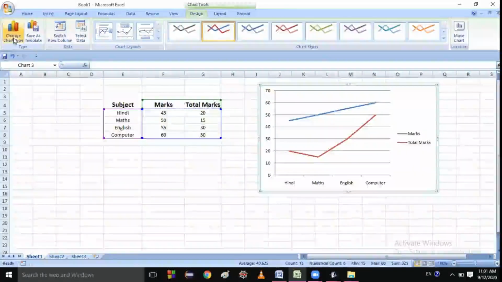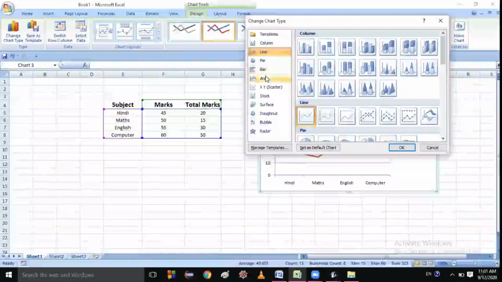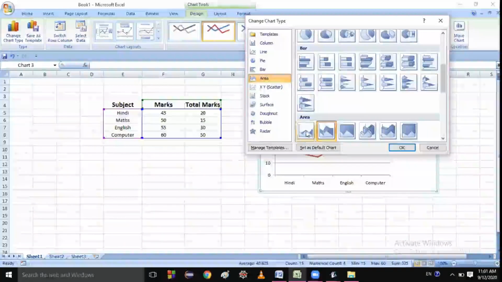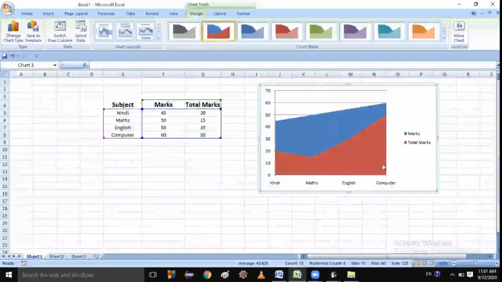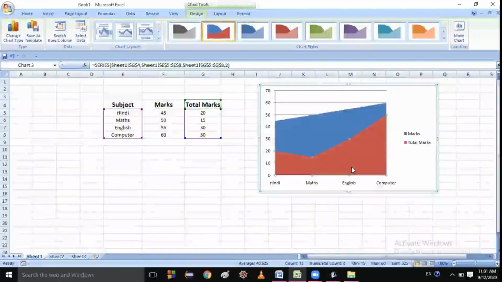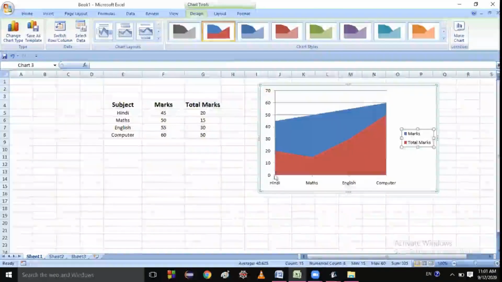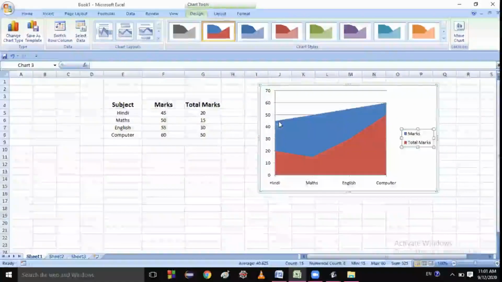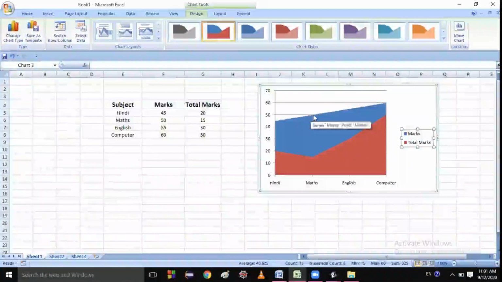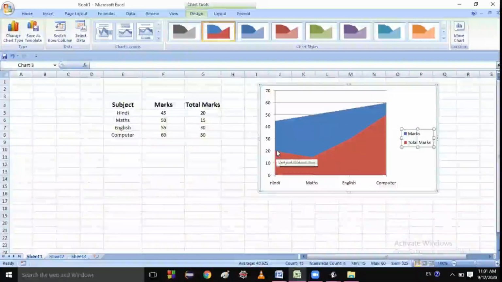Students, are you listening? Yes, sir. So basically that is the area chart. If it covers an area, then it is the area chart. Just see here. Marks will be here and total marks will be here. So marks is covering a big area from the x-axis. You can see here 45 will be here, then 50 just increasing, then 55, then 60. And you see here 20,